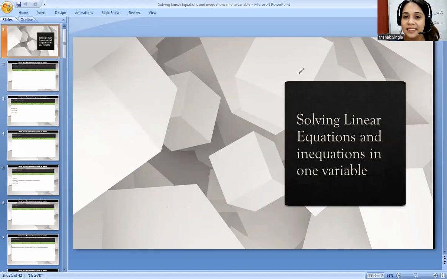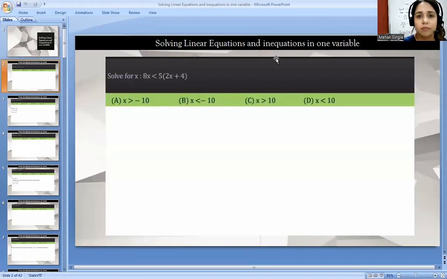Any questions? Okay. And in this topic, we are in particularly dealing with inequalities because equations you have already done before. So I am taking you to the next level where we are dealing with this thing, inequalities. Let me take you to the first question. Here it is. Yeah. So as you could see on screen,